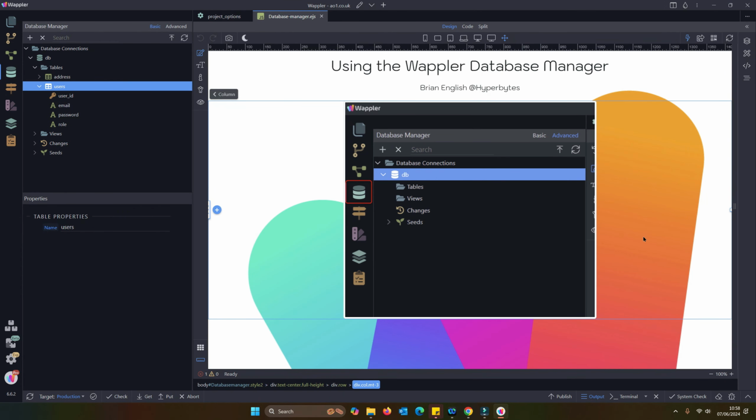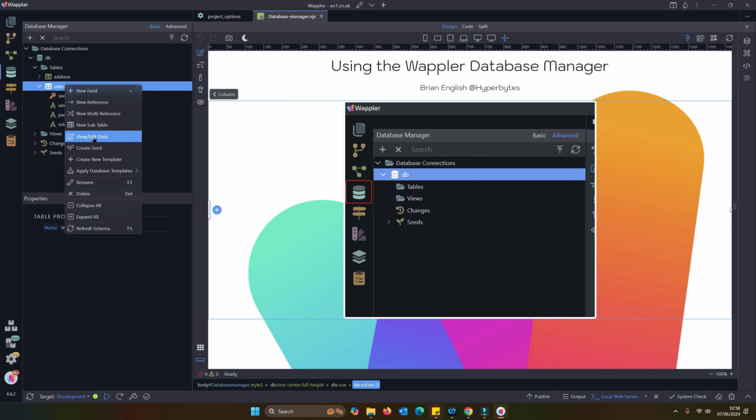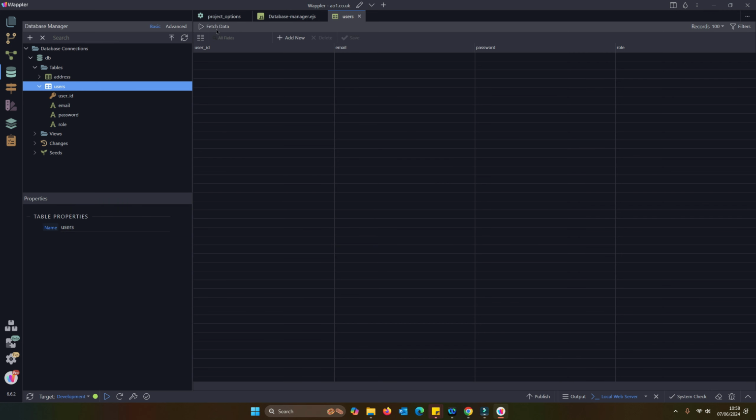So let's take a look at the data management facilities within the database manager, because you have a fairly limited, albeit very useful, ability to manage data in your database tables. Just for example, here we see I've got the users table, and I can go down and look at view, edit data. There's a fetch data button up here, so that will fetch the latest copy of data that you have there. But of course we don't have any data at all in our system at the moment.